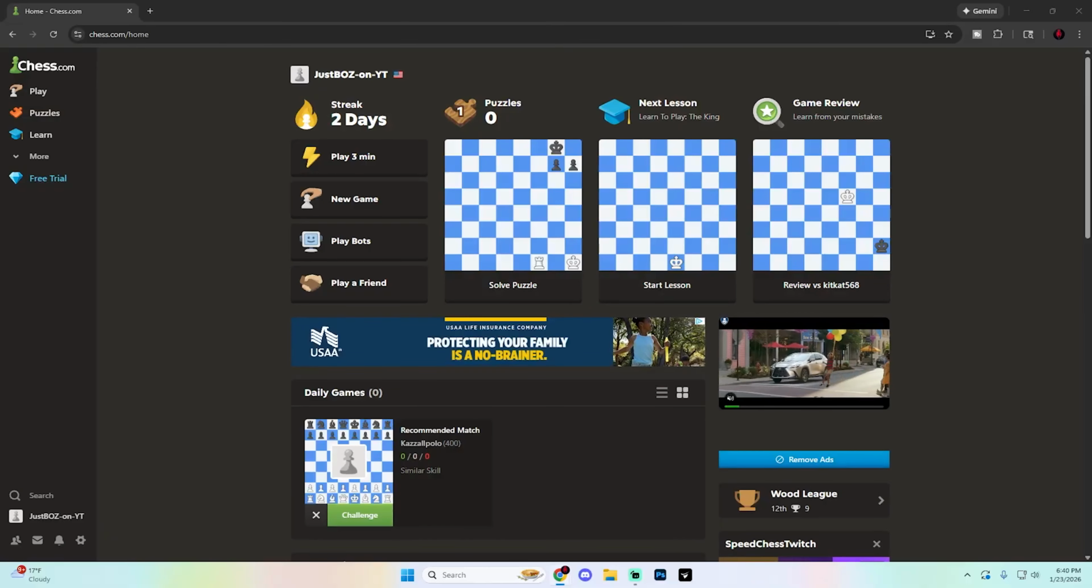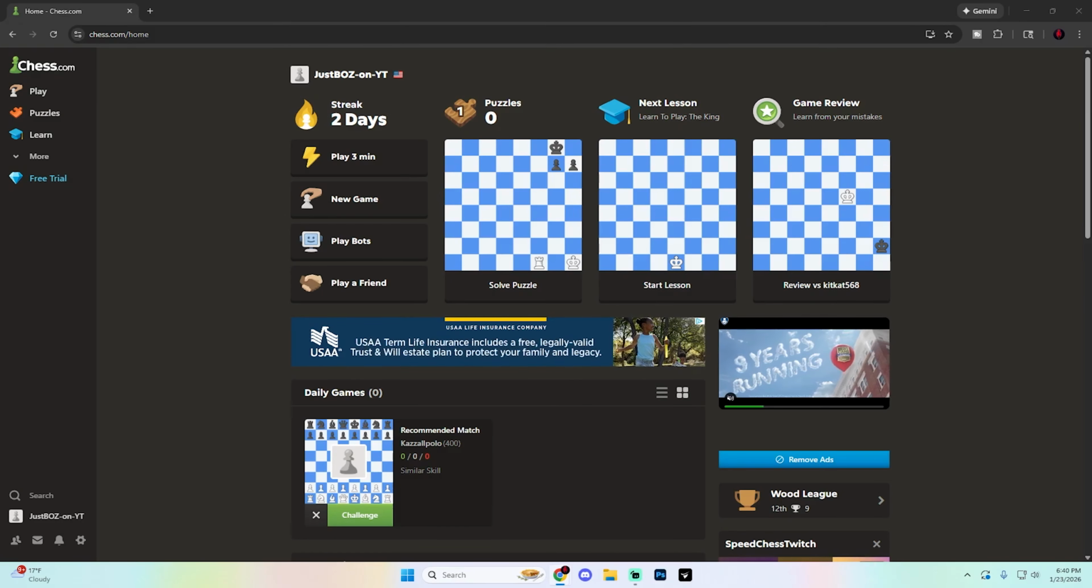In this guide, I'm going to show you how you can send messages here on chess.com using both mobile and